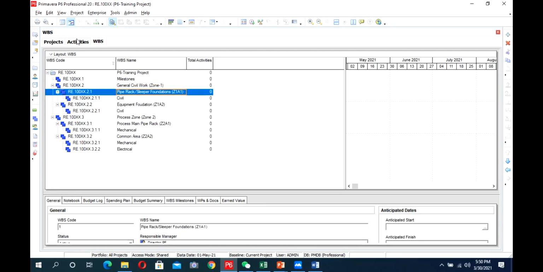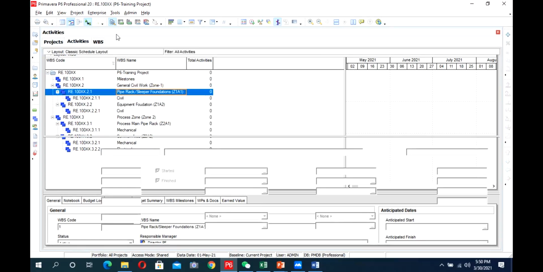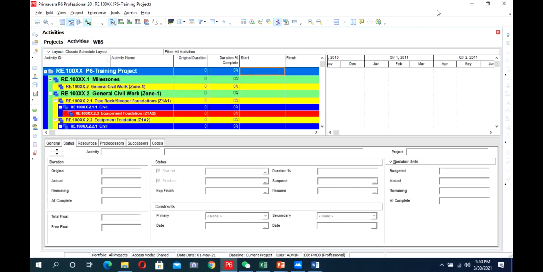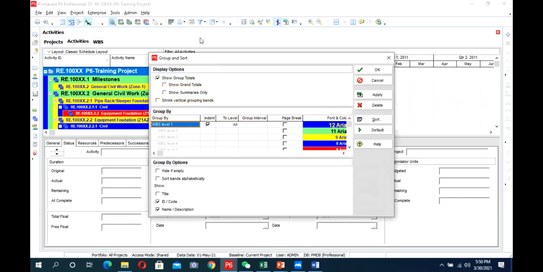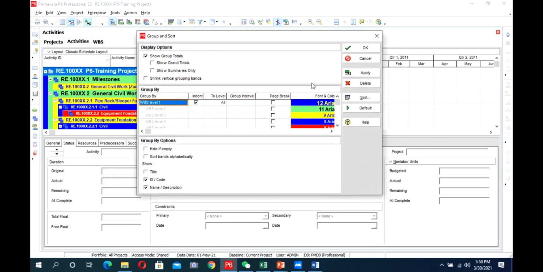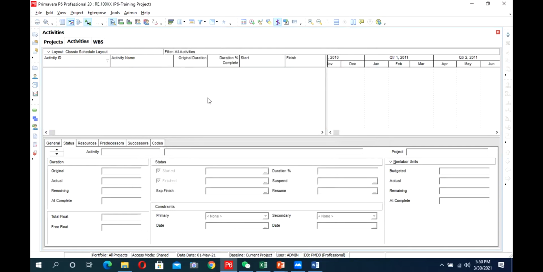Now we have made this WBS. There are some bars and tabs which we are also going to discuss. If you can see the cursor here, this is the Group and Sort tab. What is its purpose? It will help you make activities look as you want.